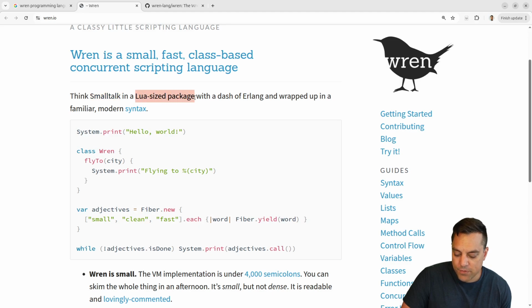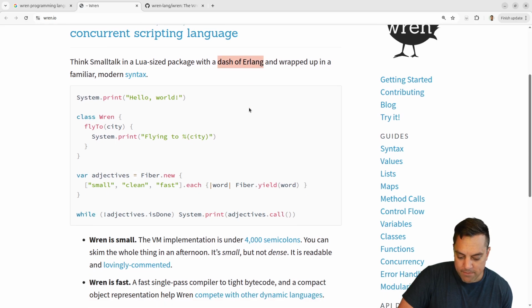And Lua-sized, which means we can embed this and, again, use it as a scripting language, let's say in a game engine, which is where I've seen Wren pop up a number of times, being part of game engines. Let's see, and with a dash of Erlang. Okay, so I wonder if that's going to be for the concurrency model, let's say. I wonder if it's using actors or if it's, I see in this example, I see fibers, so I'm assuming fibers and coroutines and some sort of cooperative